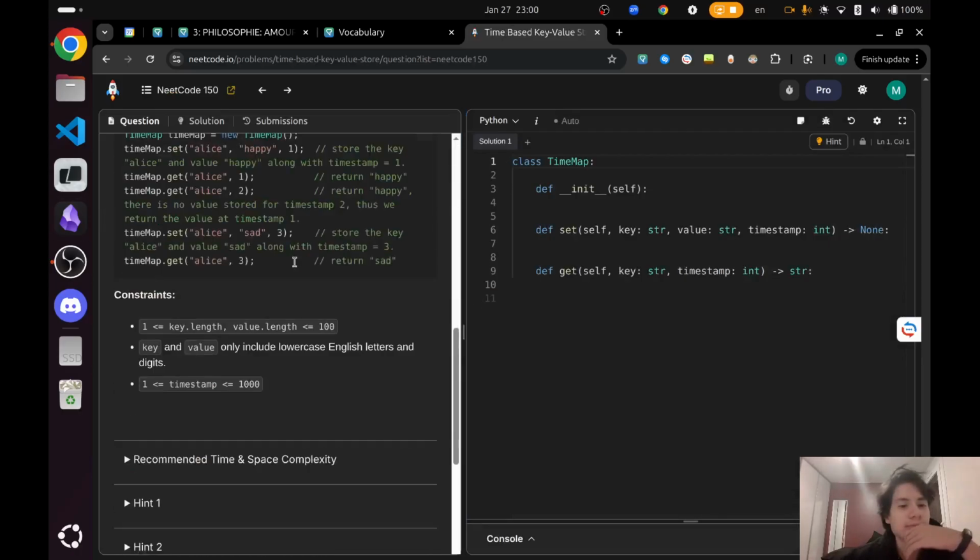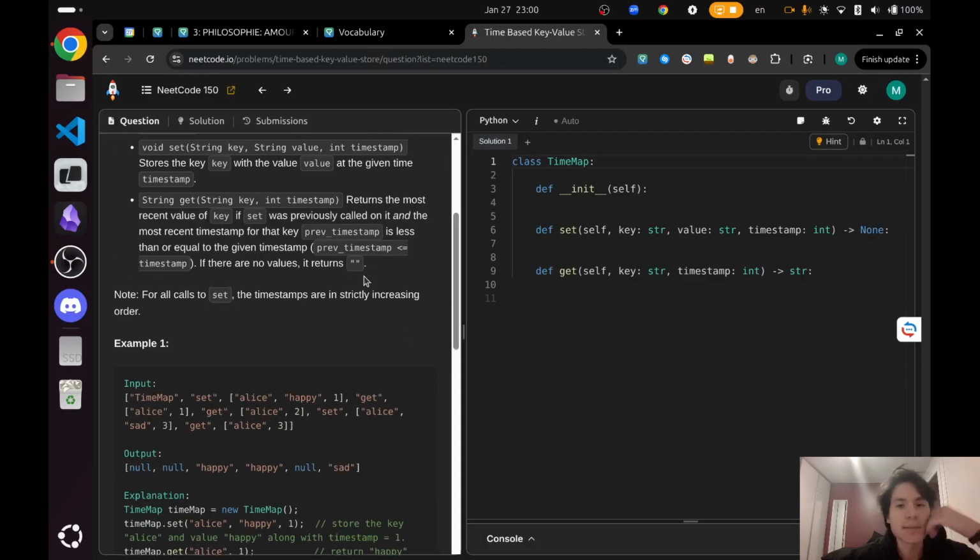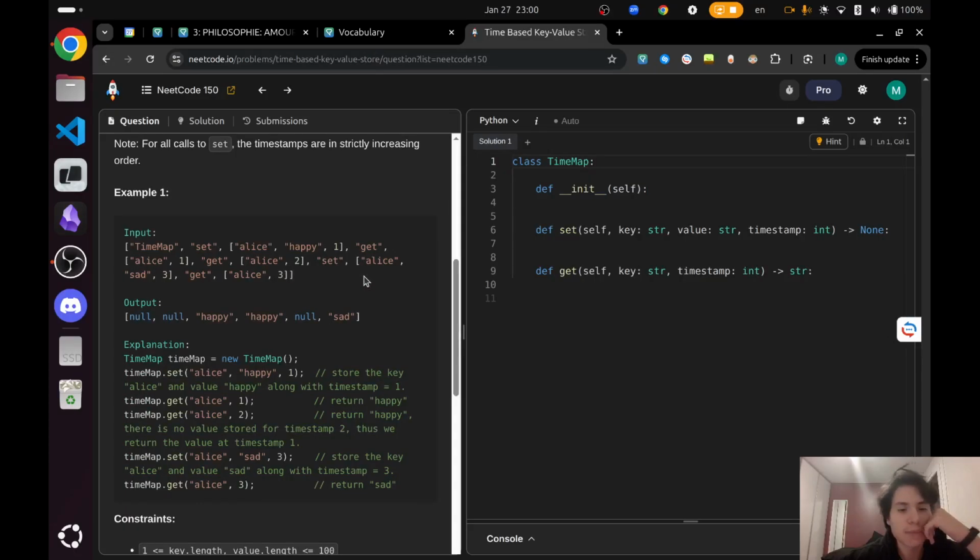So in this problem, we're given something a bit different than the one in LeetCode, but I believe it's essentially the same. We're going to use a class called TimeMap, and it's going to have two methods, the set and the get, and we're going to input some values followed by a timestamp. A key that can have a value and a timestamp. And we also want to be able to make queries based on a key and to return